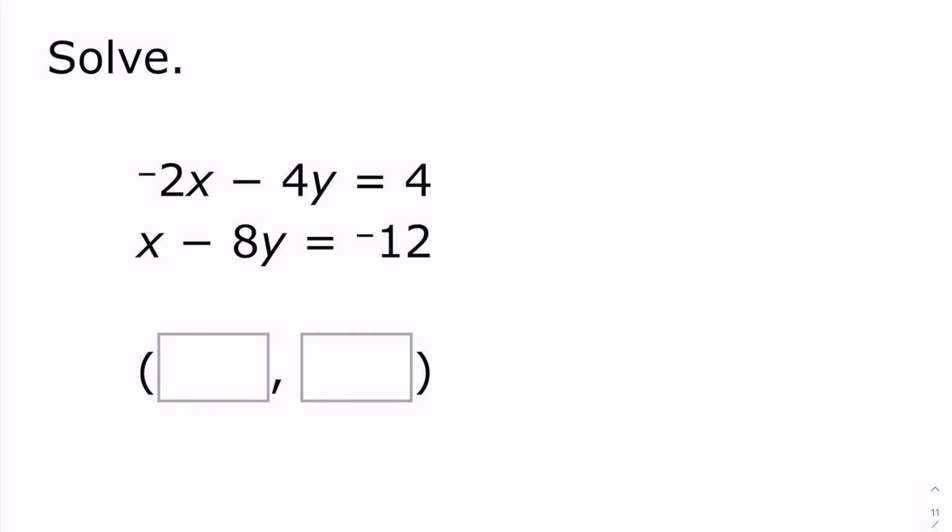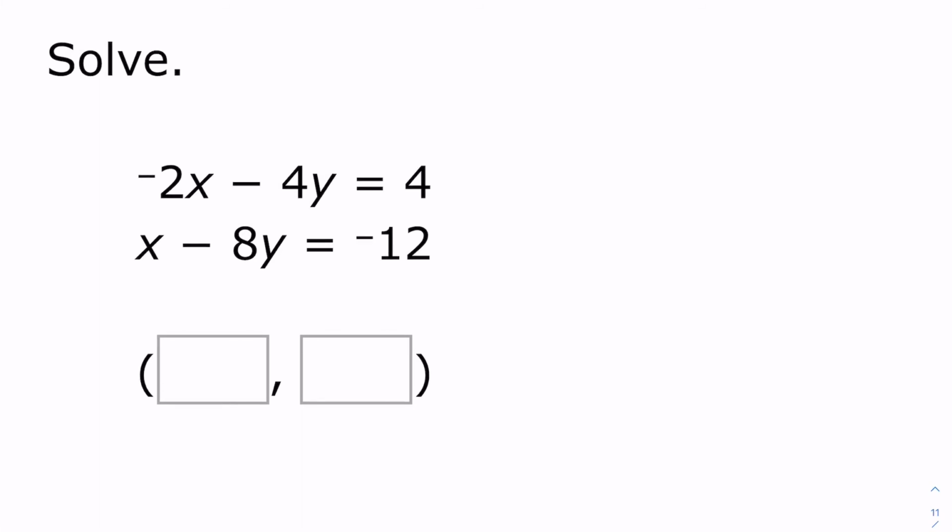I'm looking at this right here, and I want to eliminate them because I like to eliminate. I find it easier. So I have 1x and I have negative 2 x's. So I need to make this a 2, and that would actually make my life pretty easy. Or it looks like I have 4 here and I have 8 here, and if I made one of these a positive 8, that would also work out pretty well. But you know what? Here's what I'm going to do. I'm going to multiply this by 2,